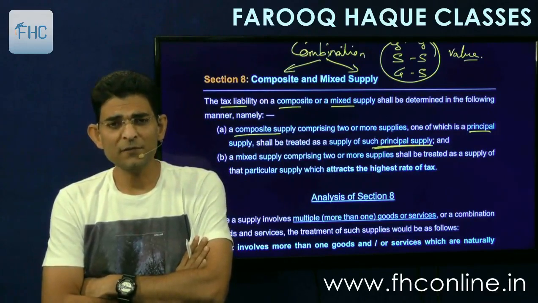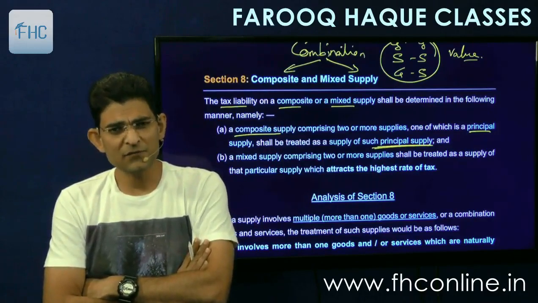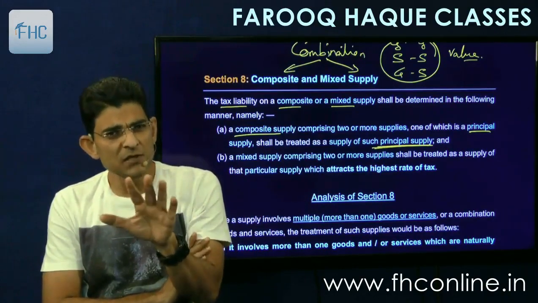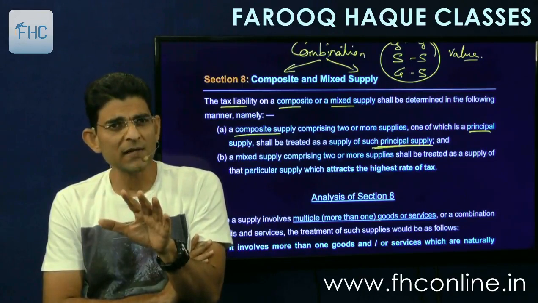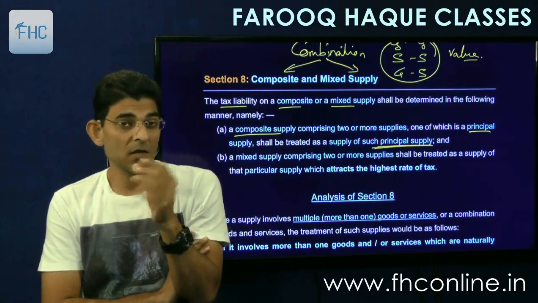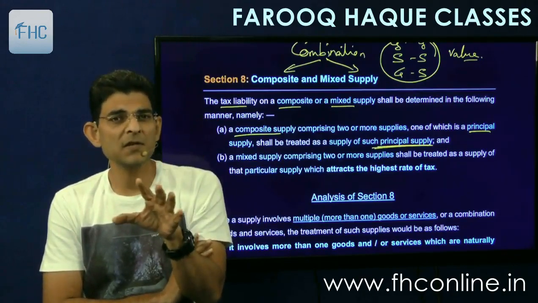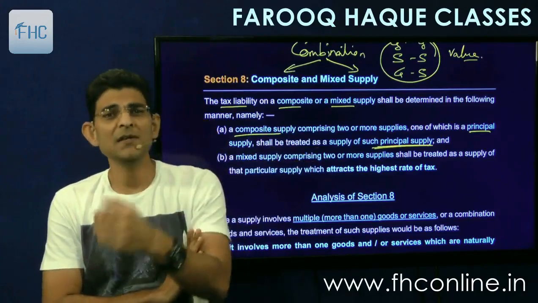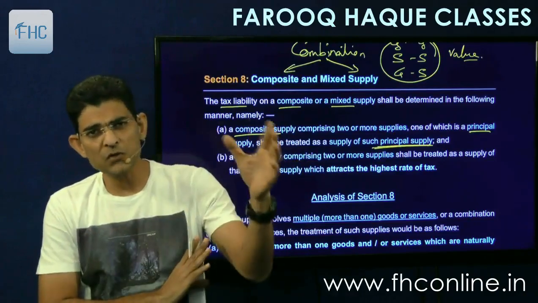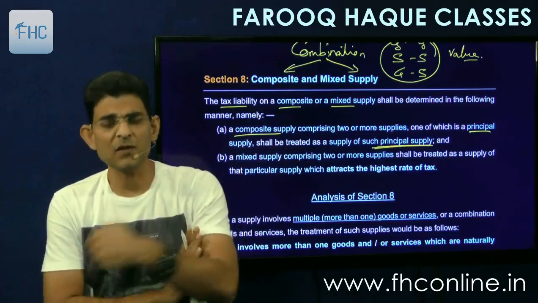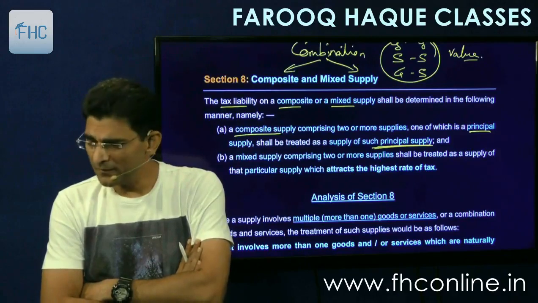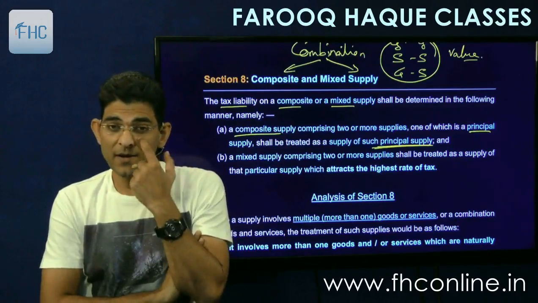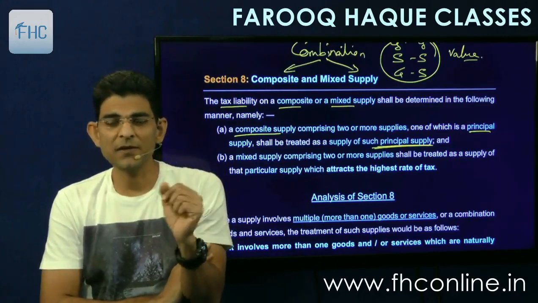The definition of composite supply itself says that one is the principal item and the others are subsidiary to it. They are incidental or ancillary items. They are not main items. So one is the main and the others are subsidiary. For example, I am buying a car and along with the car come certain accessories or some tools and other stuff. Is that tool the main item? No, the main item is the car itself. So the principal item is the car and there might be some additional stuff here and there.